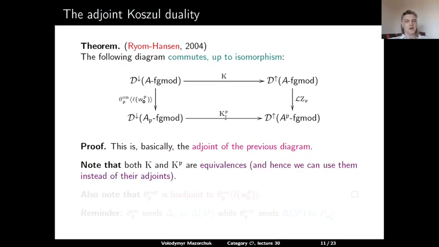We only note that Koszul dualities are equivalences, so for adjunctions I would need to write here K prime in the opposite direction and KP prime in the opposite direction. But since they are equivalences, something which is intertwined by equivalences is intertwined also by the inverses of those equivalences. And another remark is that translation out of the wall is adjoint to translation onto the wall up to this graded shift by the length of the longest element in the parabolic subalgebra.